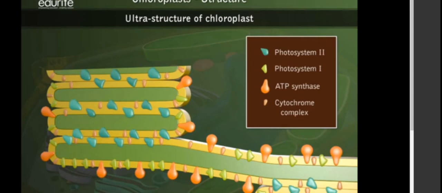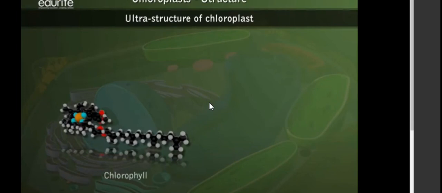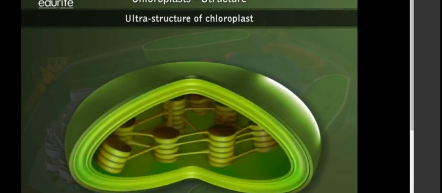Okay, there are different protein complexes also there. You'll learn much more in your higher class, and generally you remember that chloroplast is involved in photosynthesis because it contains chlorophyll in its thylakoid that absorbs the solar radiation to make food from water and carbon dioxide. Okay, and yes, water, carbon dioxide, and a few enzymes are also necessary. So that's all about the chloroplast structure as well as its function.